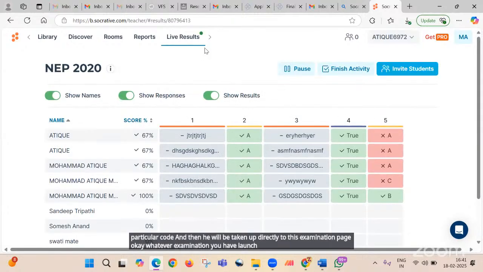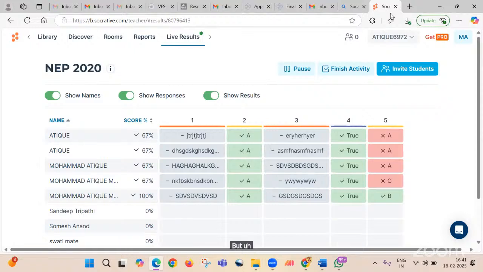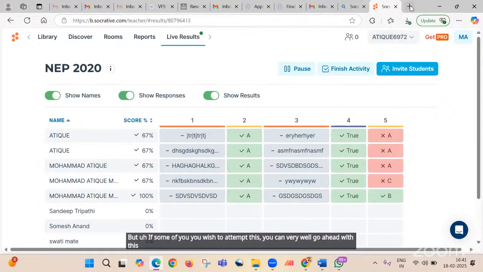Right now it is showing me the live result as far as my teacher console is concerned. But if some of you wish to attempt this, you can very well go ahead with this student login, where you need to type this Atik 6972 as the code, and it will take you directly